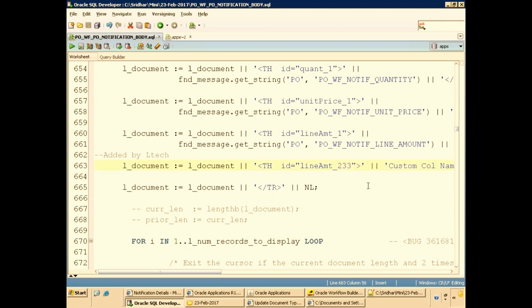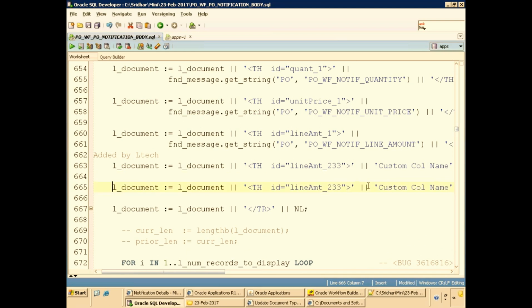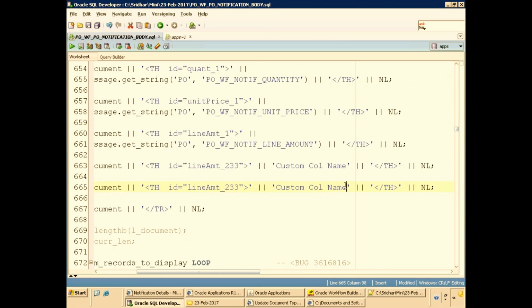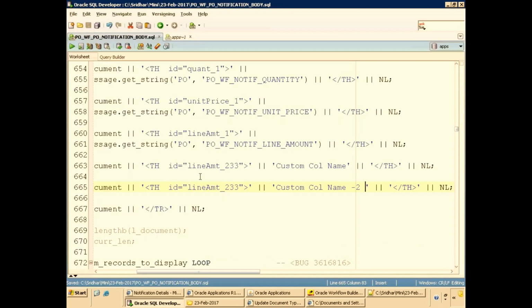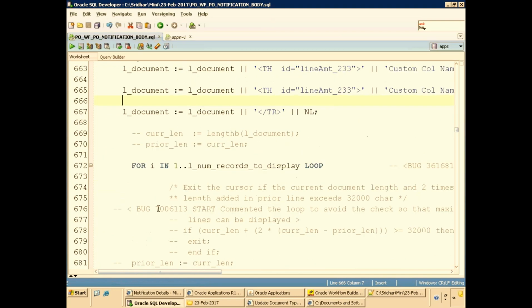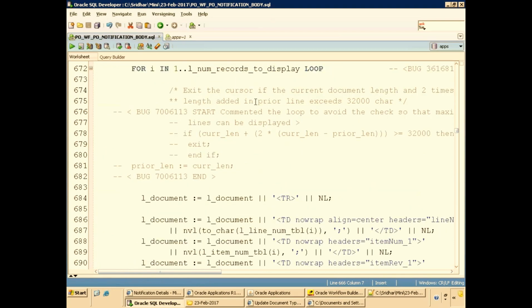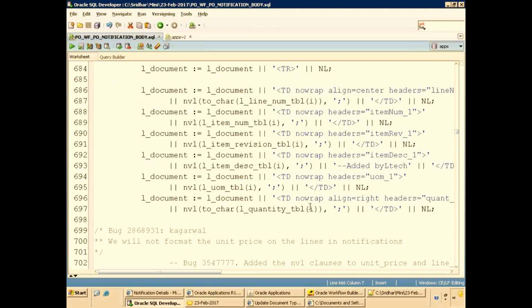Okay. So let us say I'll add one more column now. Custom column 2. I just added one more custom column here. Now this is my column header, right? If you observe, you have a column header and you have a content also, isn't it? This is my custom column name, but you have a value also, isn't it? So now this is header level where you're adding the column names, and the same way in the loop, because a given purchase order you may have N number of data. So this is a line data.